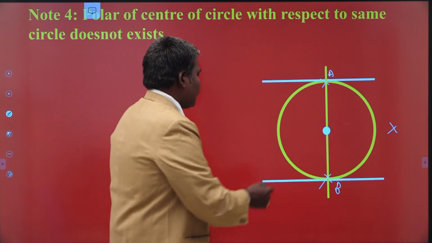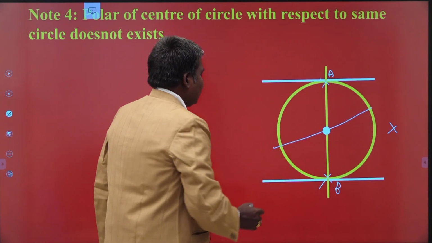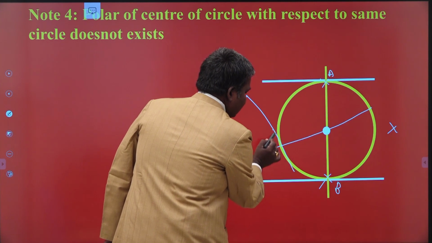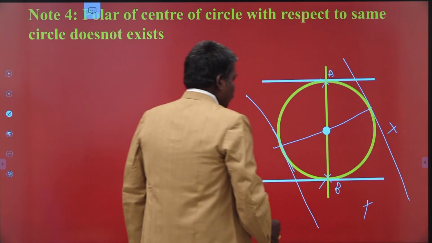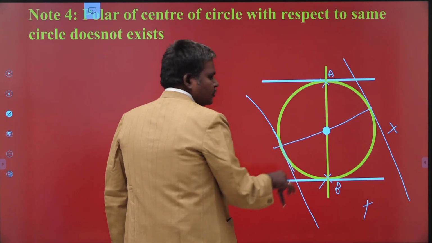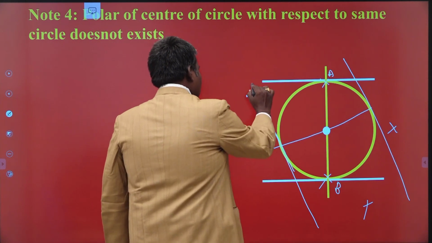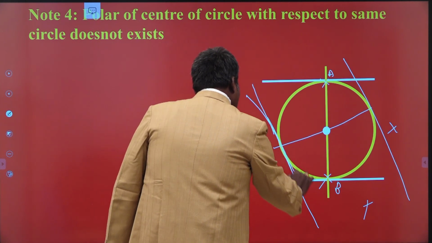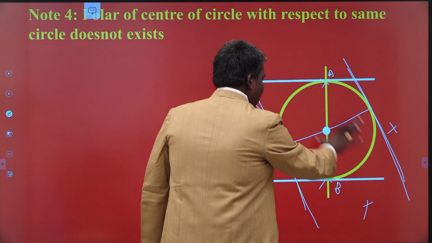So, you have to draw the pair of tangents. Suppose you take another diameter, draw the tangents at the extremities of the chords. These are also parallel. They do not intersect. Don't take these two points of intersection. Don't take these two points of intersection. That is not your locus. You have to draw the locus of the point of intersection of tangents drawn at the extremities of chords. So this is another pair of parallel lines.